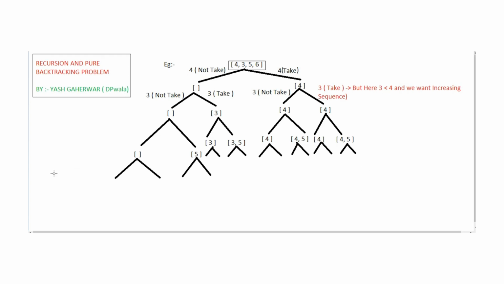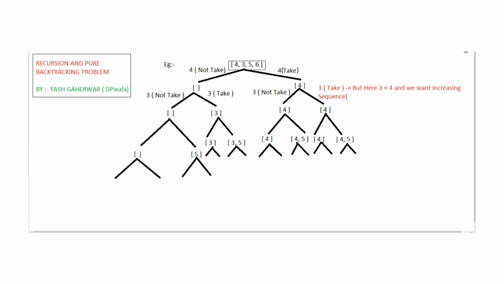So at last, the final subsequences that we are generating may consist of some subsequences which are of length less than 2. So we need to skip those subsequences and add only those which have length at least 2 and that are unique. So here you got the approach behind how to generate a recursive tree and how backtracking is working, or we can say how recursion is working. So let's discuss its code and understand this problem in a very efficient manner.